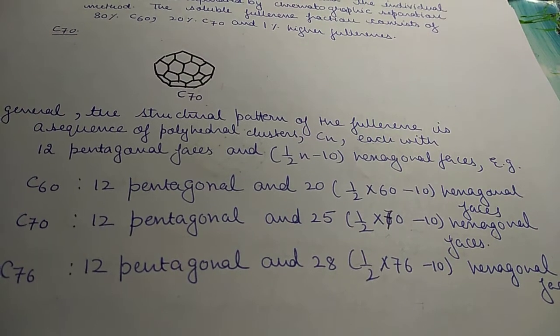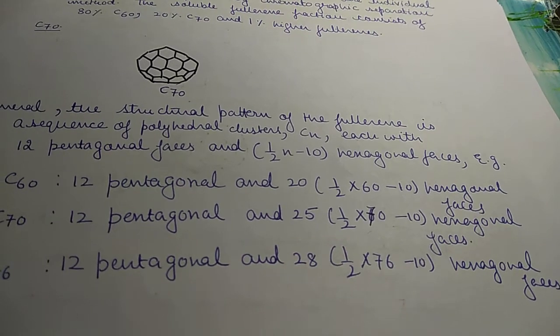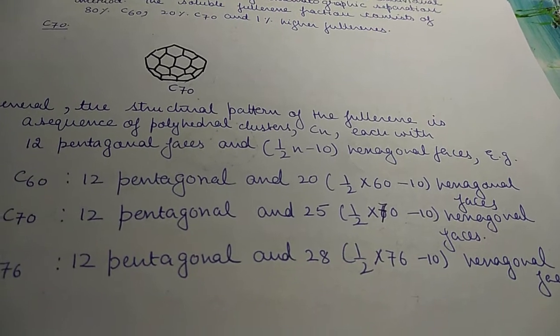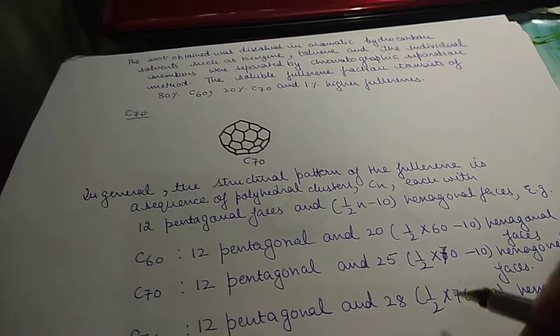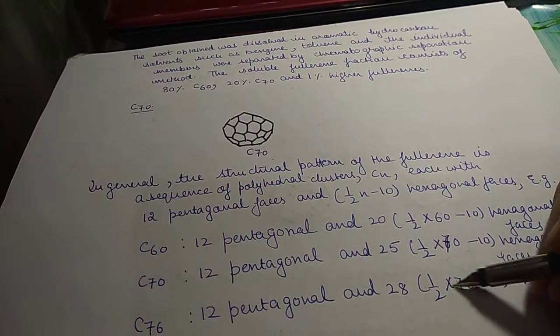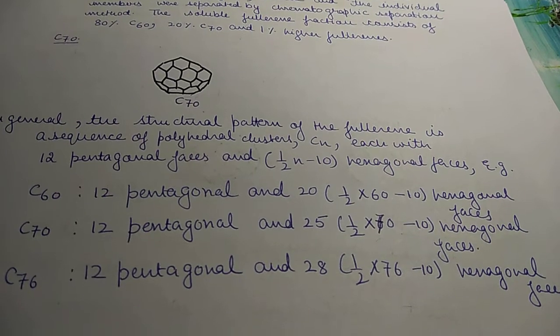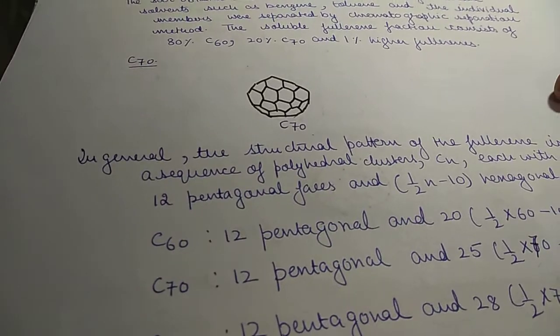C76 has 12 pentagonal and 28 hexagonal faces. 1/2 into 76 minus 10. So from here we can know this structure. So this is 38 minus 10, 28. So from this formula we can know how many hexagonal faces it has. So pentagonal faces are fixed. Then next, what are their